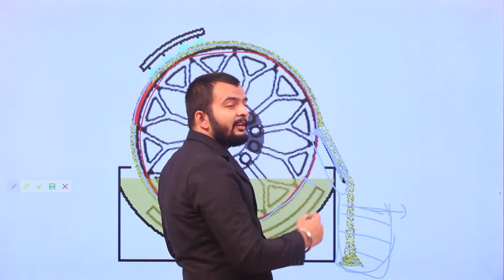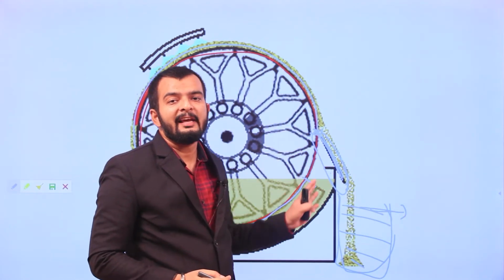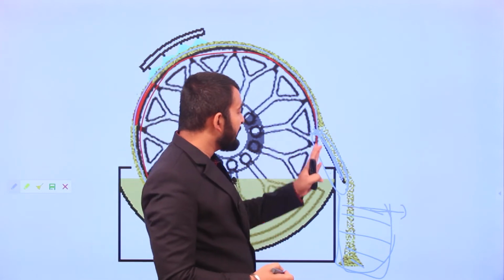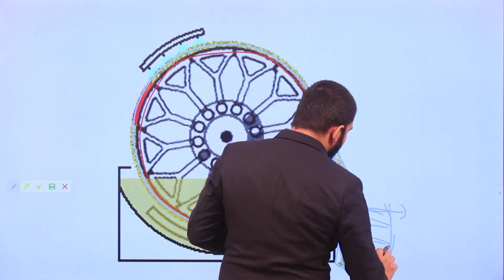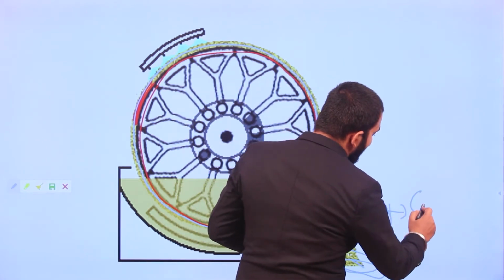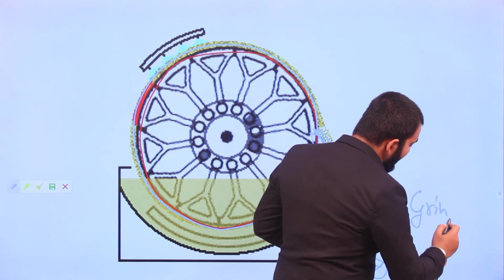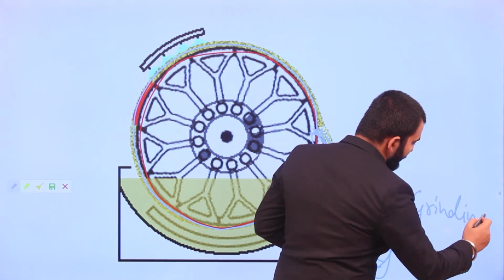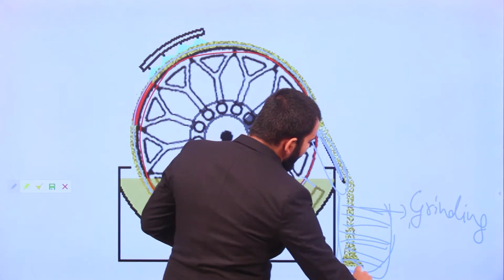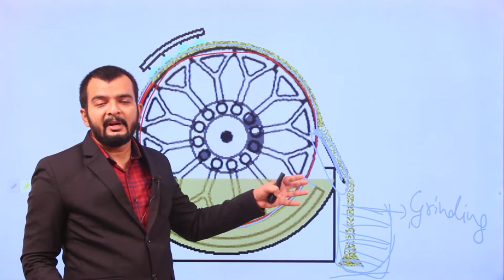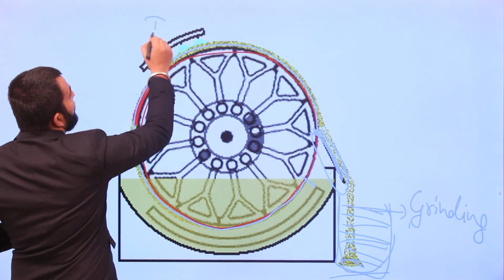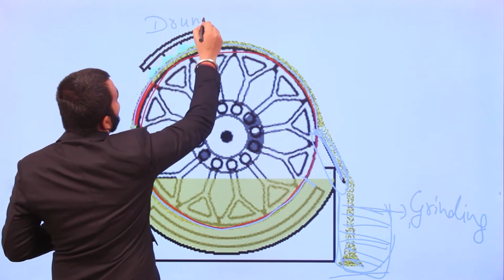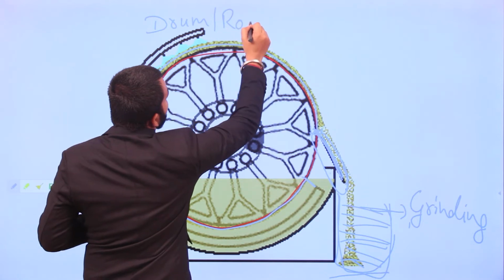This material which is being dried and scraped off with the help of a doctor's knife, there are chances that it will not be fine powder. So whatever material you are collecting here may further require grinding to convert it into fine powder. Okay. So this completes the process of drying. This is the structure of a drum dryer or a roller dryer.